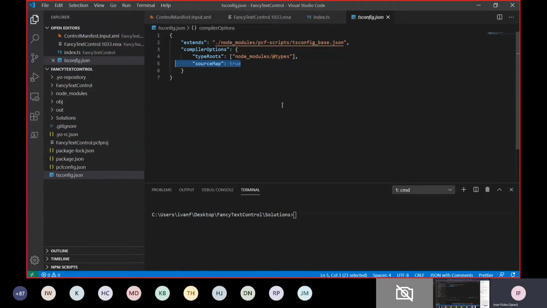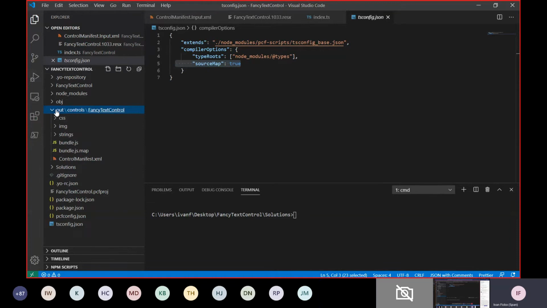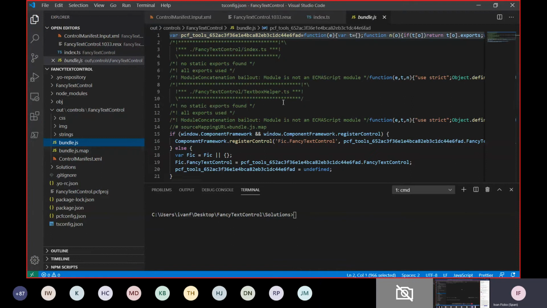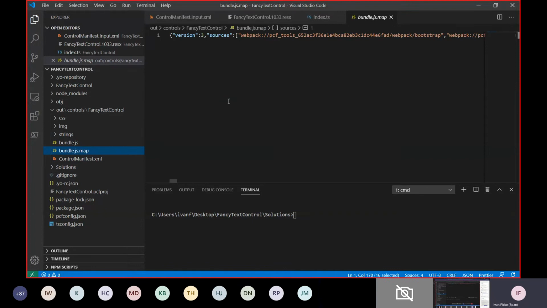And how does it look like? When you build a control, so let's say I hit npm run build, and I will go to out folder and see what I have here. So I have bundle.js file, which has all the bundle code. But if you build it in the release, you will have minified code. So one liner here that is unreadable. Looks like gibberish to me. Okay. But there is also bundle.js map file that will do the trick for you, that will know how to map the